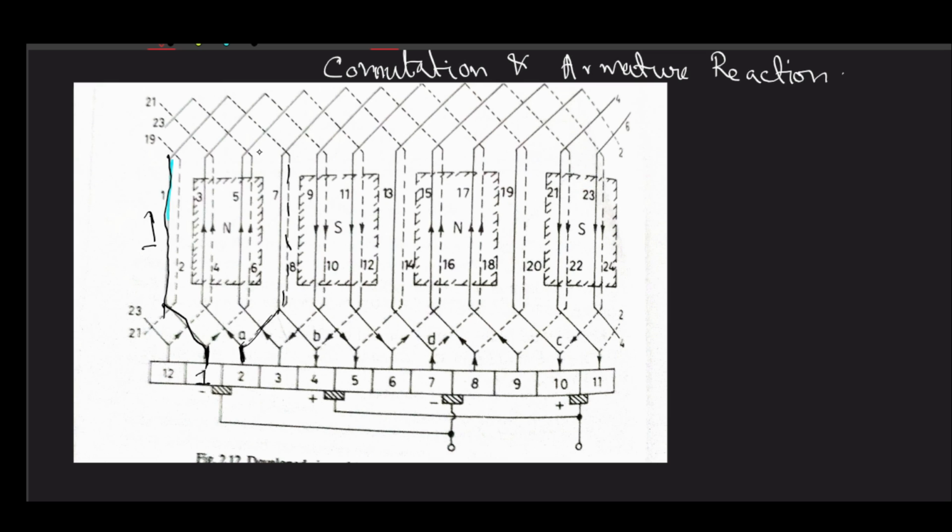You can see that these are commutator segments 1 and 2, and this brush that is marked with a minus sign is going to short this coil. So it basically shorts the coil whose two ends are placed at slot 1 and slot 8. And what is the physical position of this coil? The physical position of this coil is in the